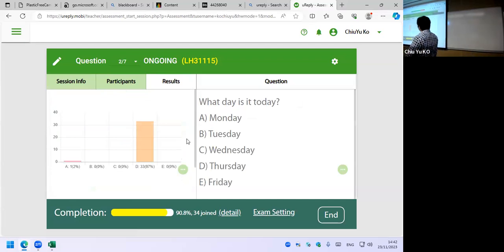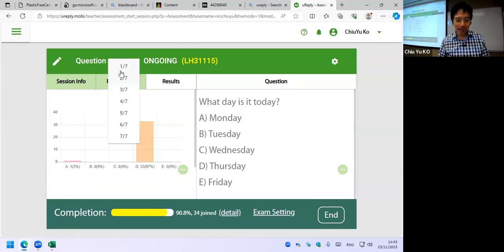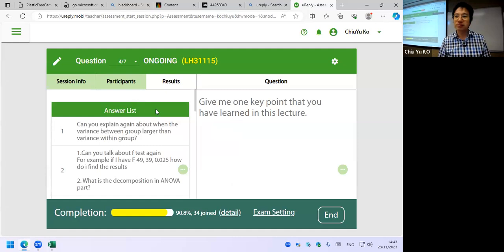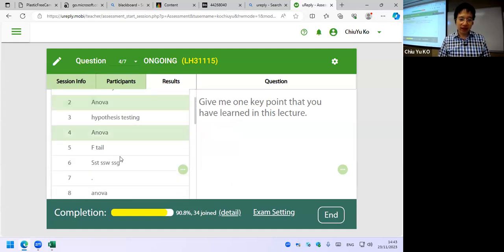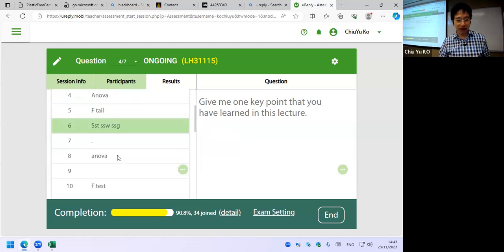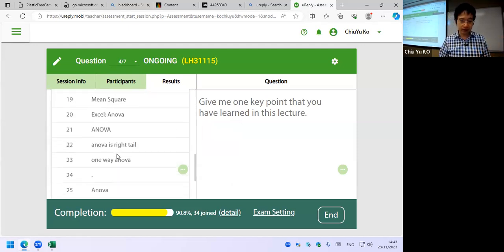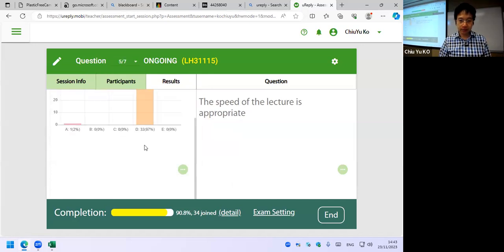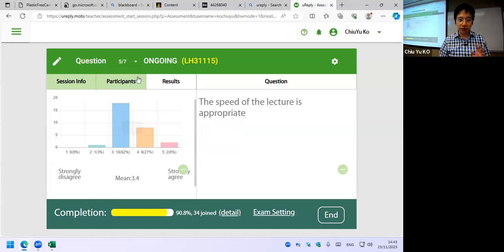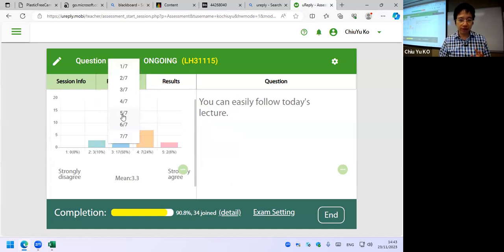This thing I have to remind you: today is not Monday, it's Thursday, so just don't make a mistake. SST, SSW, that is the main thing. ANOVA, that's good. The overall speed is okay. Mostly you can follow, but of course,